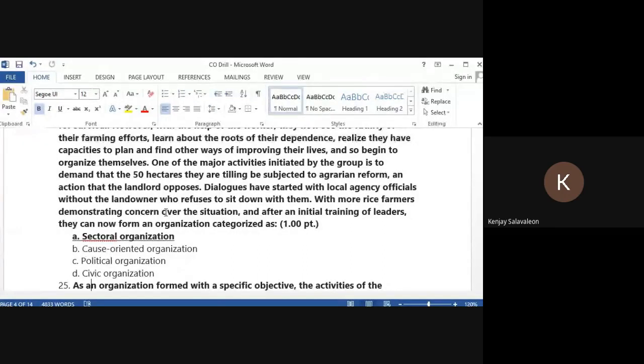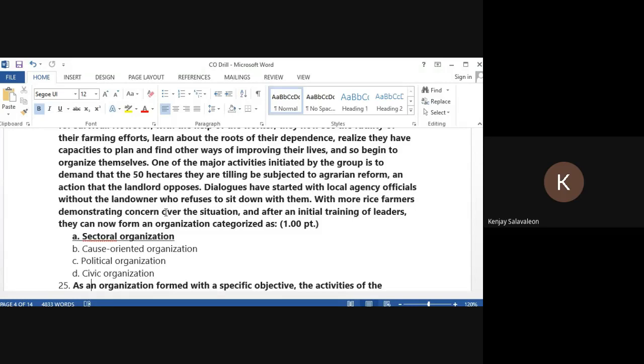But here, it is a sectoral organization because they are a sector of farmers that experiences dependency to the landlord and lenders. Political organization, ito yung mga political party natin, no? The PDP, Liberal Party, UNA, ano pa bang basta it has something to do about the unification of their political ideology. Civic organization naman,